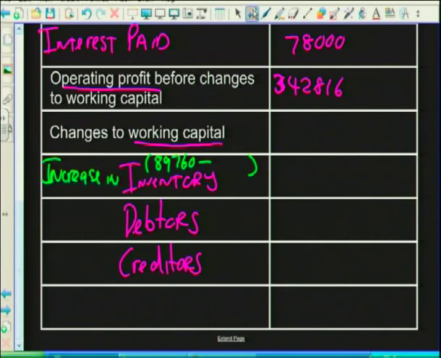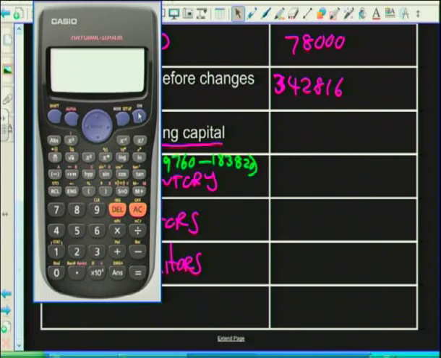So minus that 183,820. Let's now calculate what is this increase in inventory. So back to our calculators. So we're taking 89,760 and we are subtracting 183,820 to get the increase in inventory, an amount of